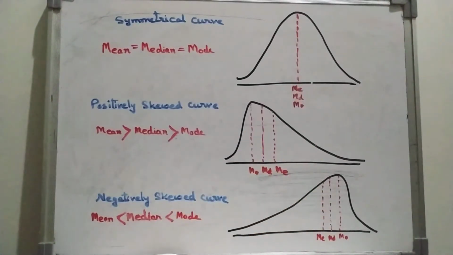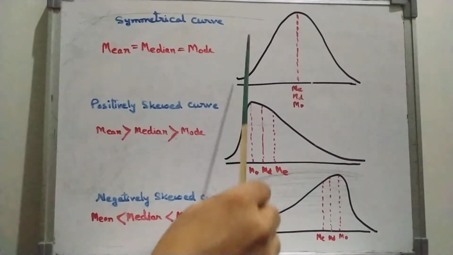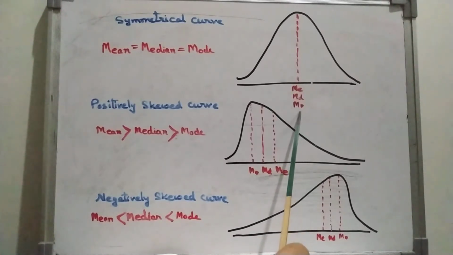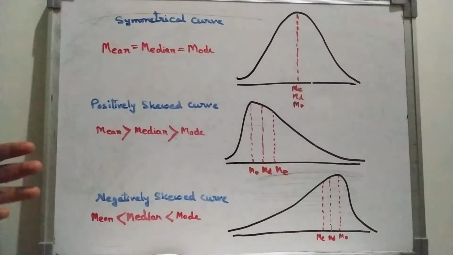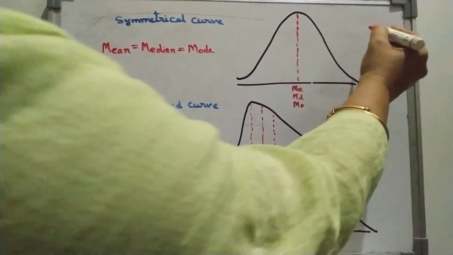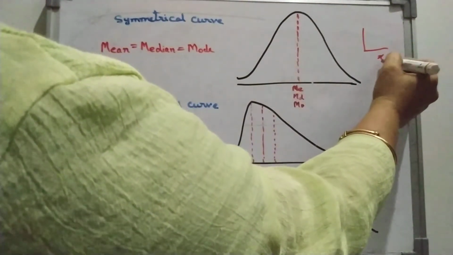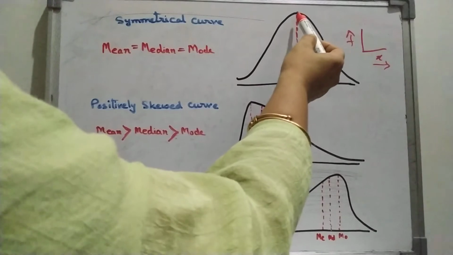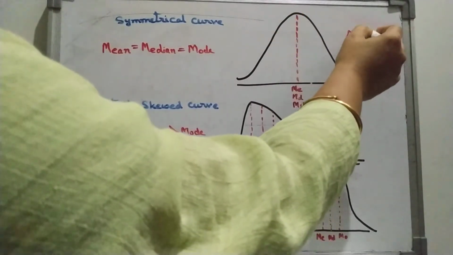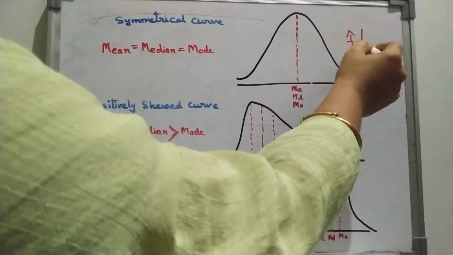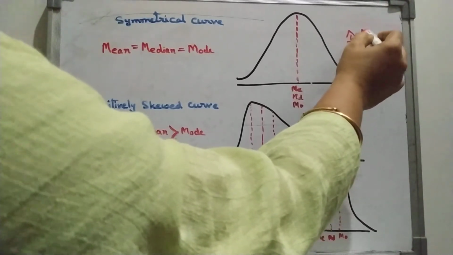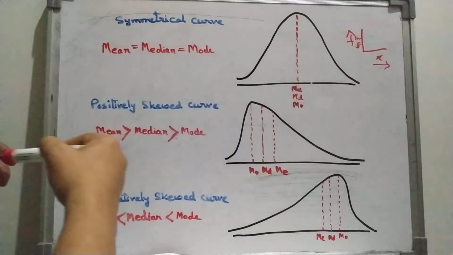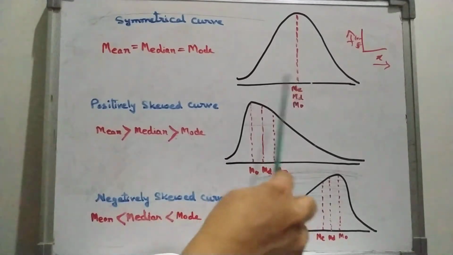So when we plot the frequency distribution and get such a symmetrical curve, it means here mean, median, mode all are at one place. As we know, this side is frequency. That means if this is your x-axis and this is your frequency, you get the highest frequency here, because the figures are increasing like this. Suppose there is 5, 10 like this, so we get the highest frequency at this position. Okay, because we get the mode value here on x-axis only.